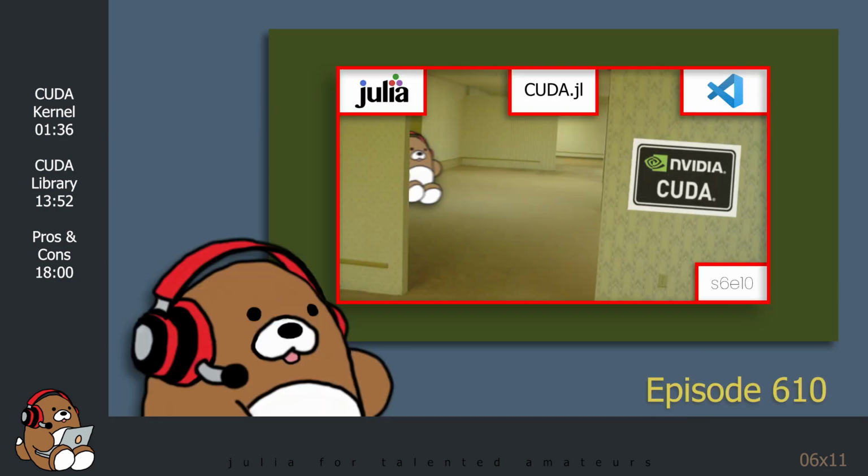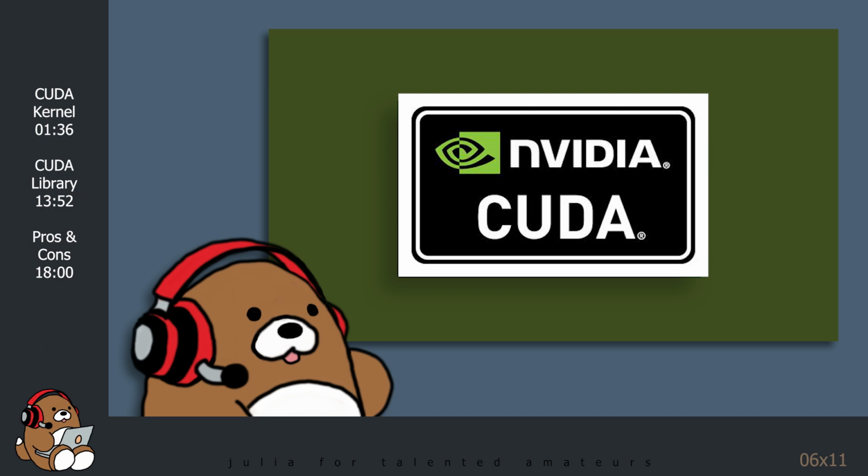This tutorial is a continuation of the previous tutorial, so I'm assuming that you've watched the last episode and that you have CUDA installed on your computer. As a reminder, CUDA will only work with CUDA-compatible GPUs manufactured by NVIDIA. So I'm also assuming that you have access to a desktop or laptop computer with a GPU made by NVIDIA.